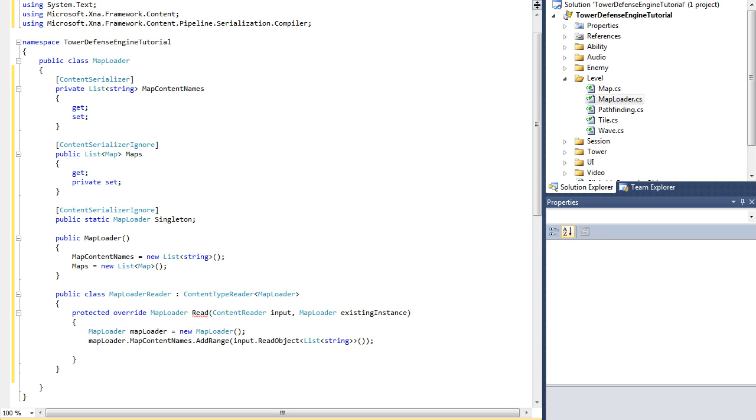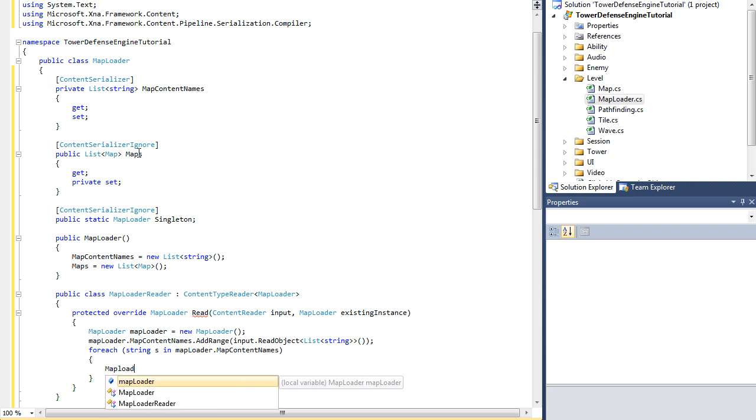Now, just like always, we have something that goes with our content strings or our list of content strings, and that is the actual object, the list of the object here, so the maps. So for every string, and whatever you want to call this, I call it s, in MapLoader.mapContentNames. So for every string inside that list, we're going to call MapLoader.maps.Add